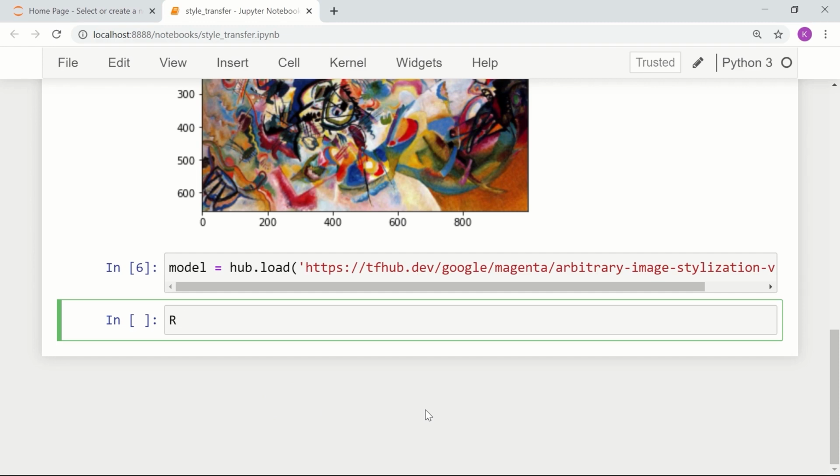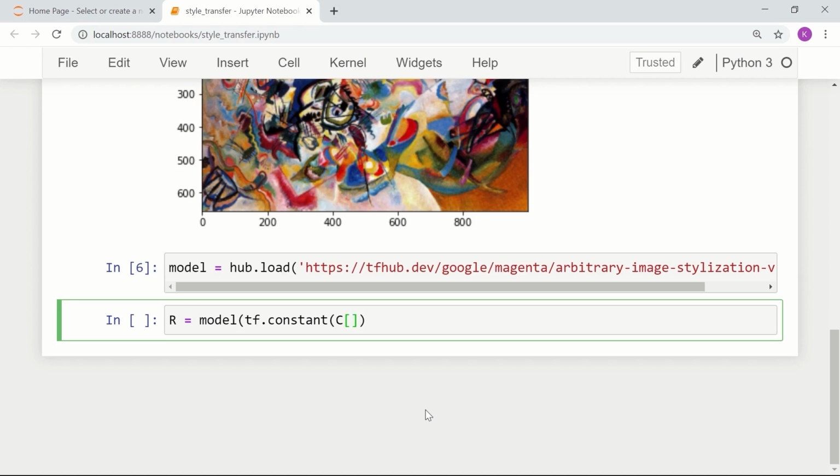The final image is basically the model applied to tf.constant of our content image.